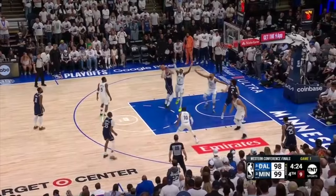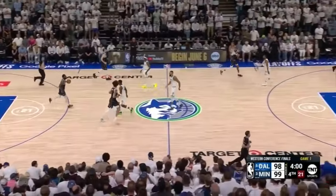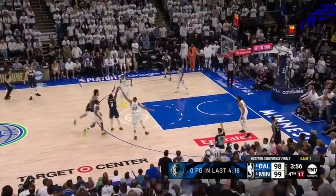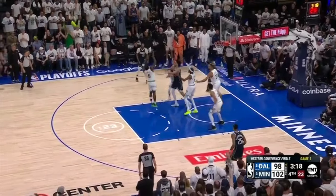Doncic makes the right basketball play by passing to Jones on the wing, but he drives into a packed paint and misses the floater. Lively screens early for Irving, which creates a pull-up three. This is why Gobert has to play up in coverage against him, since he quickly gets to the spot and can pull the trigger. Irving missed the finish against Gobert's rim protection, but this play is a great display of